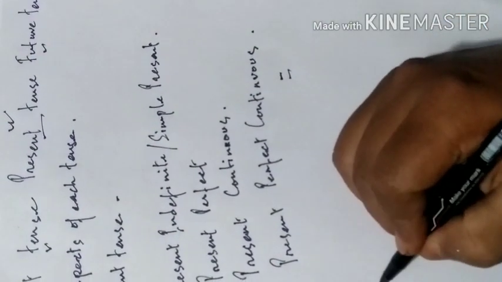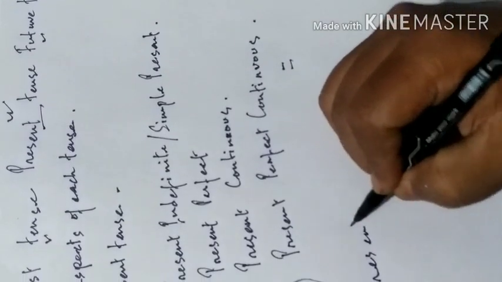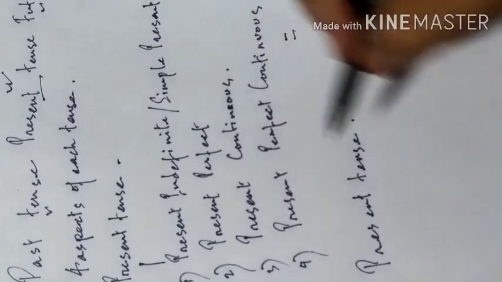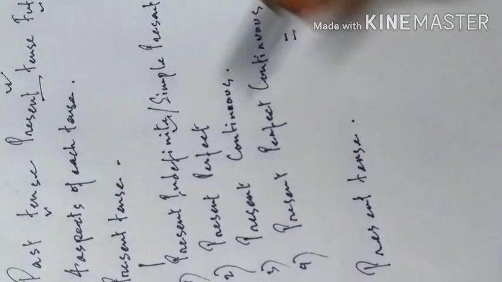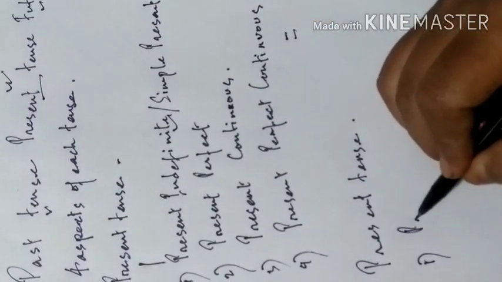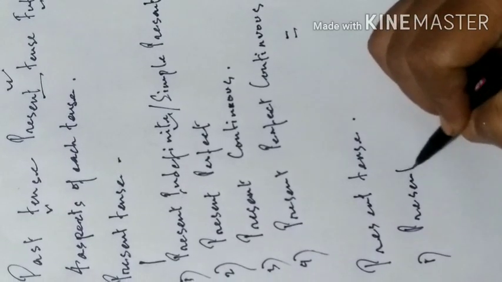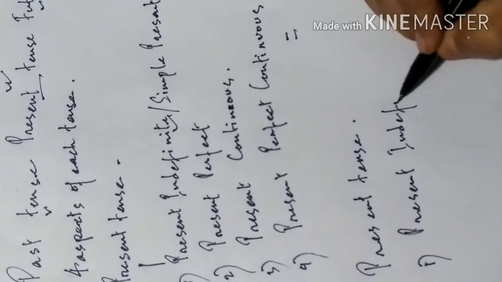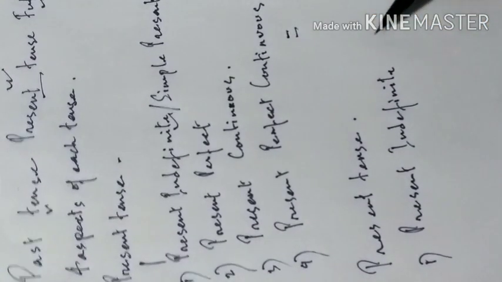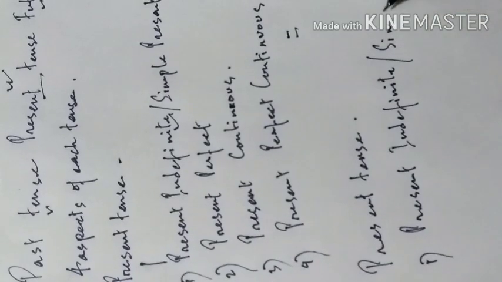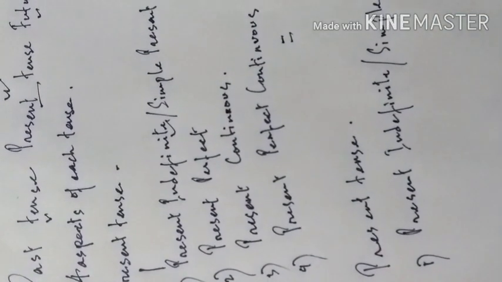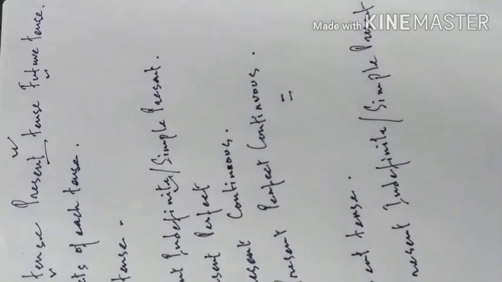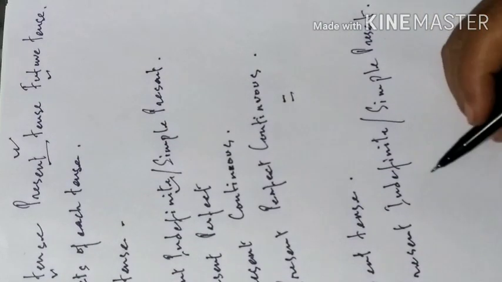In the present tense, we will take the first aspect of the present tense, the present indefinite, also known as simple present. And how we must make sentences by using